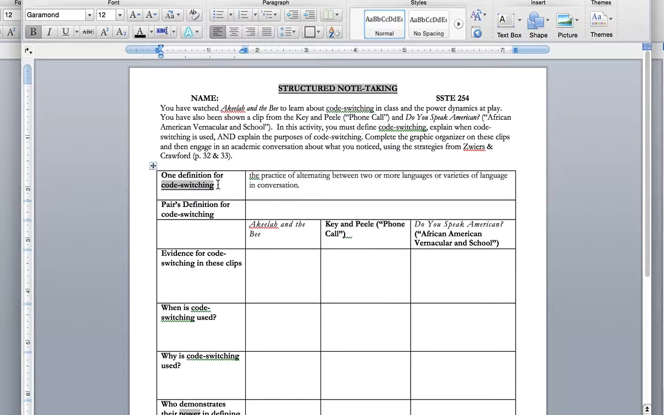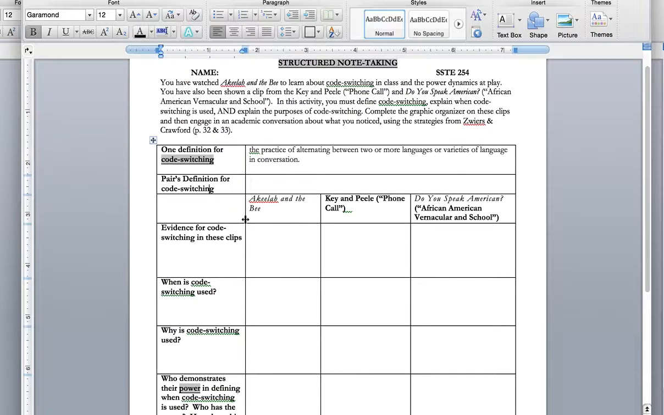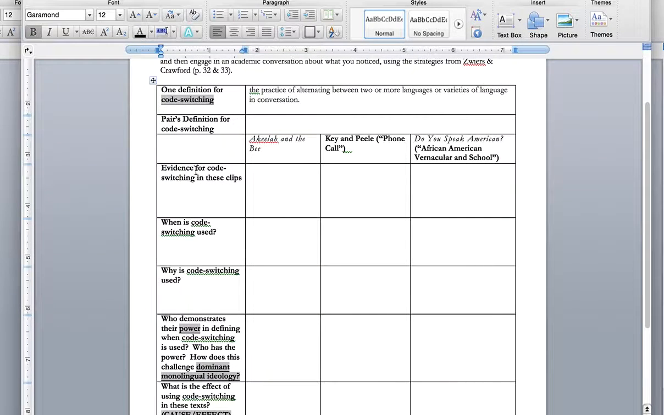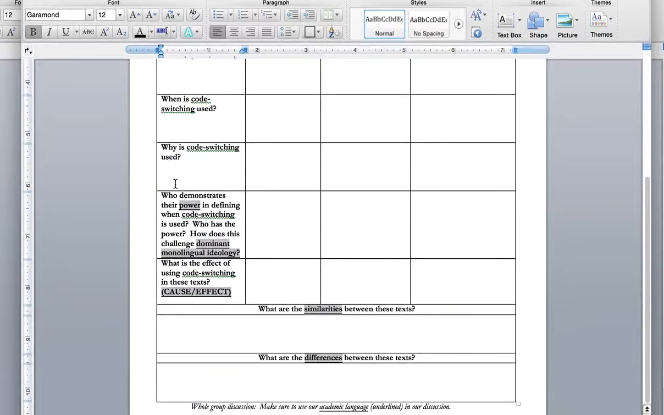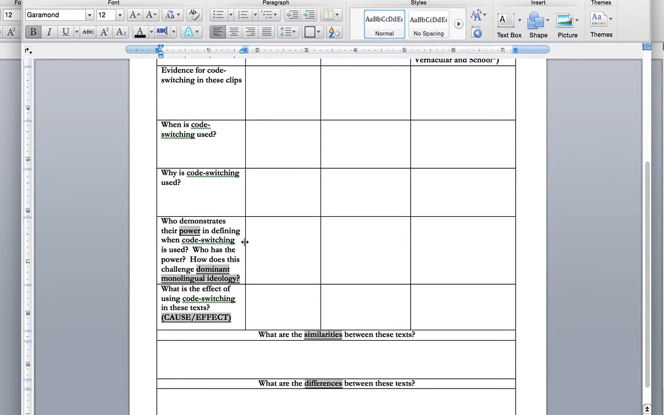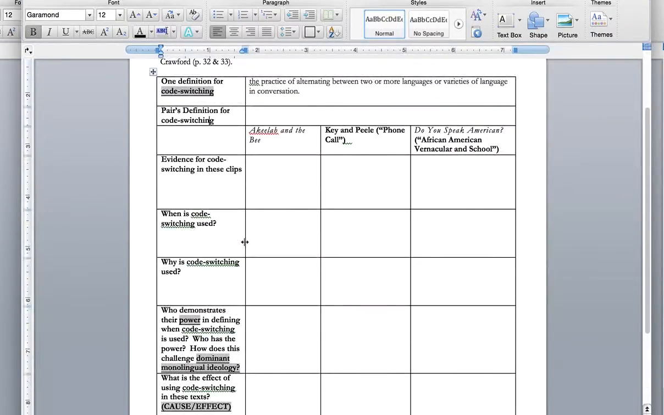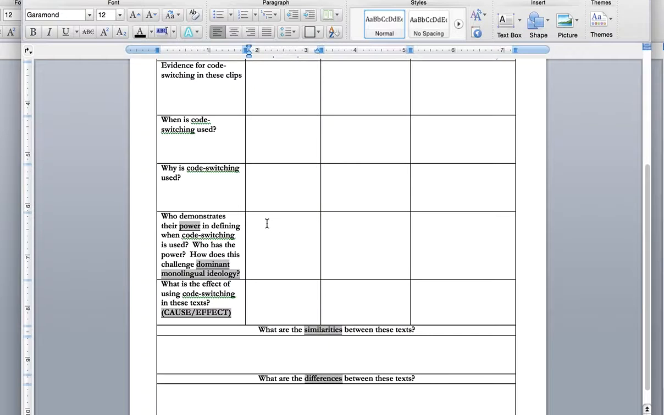So we have a definition for code switching, one definition. The pair would redefine in their own words. We have the 3 texts here that are going to be compared. We're looking for evidence of code switching in these clips all the way through. When, what specific times, why, who demonstrates their power in defining when code switching is used, who has the power, and how does this challenge dominant monolingual ideology? Ideally, I would give this handout to you in a digital form because, of course, handwriting,